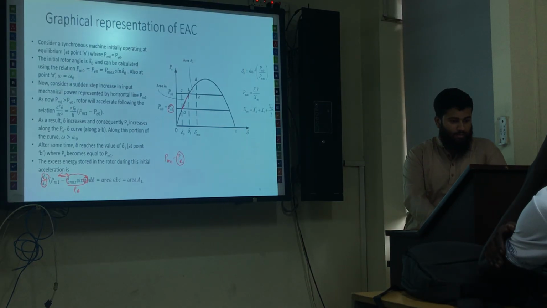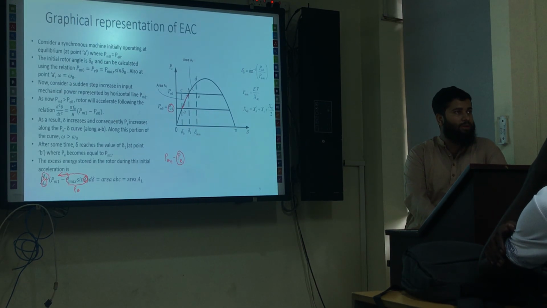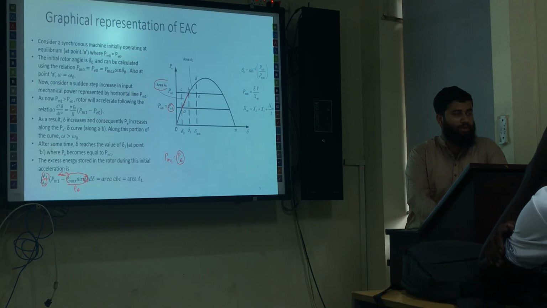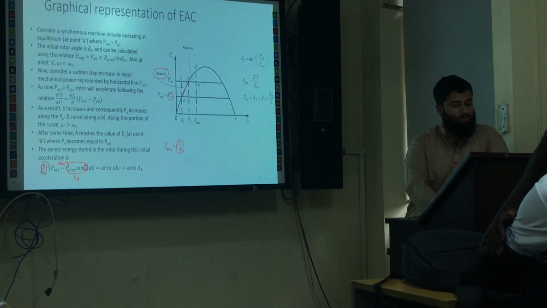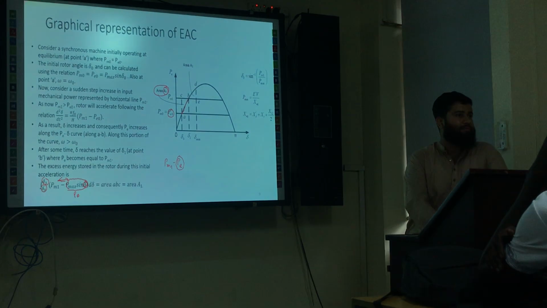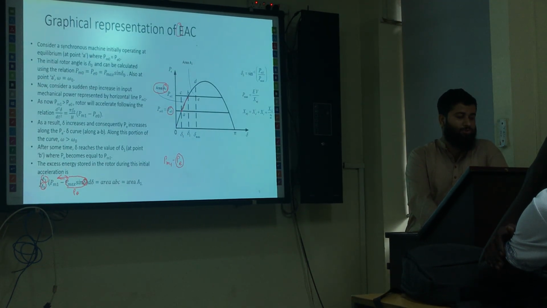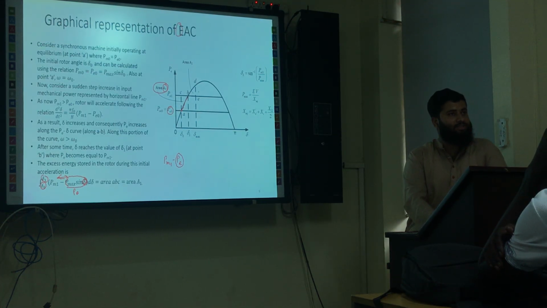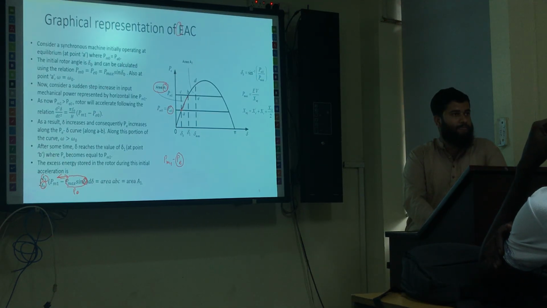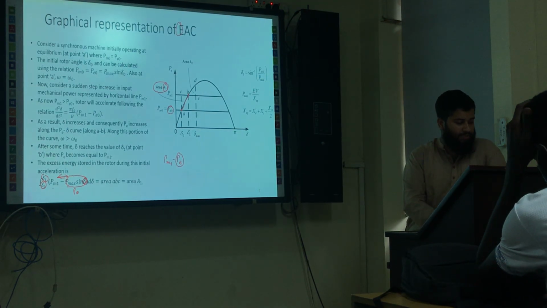Okay, do you have any confusion up to now? So this is your area 1. Now, in the next journey, we will find another area, and that area will be equal to area A1. That's why it is called the equal area criterion. But we will not go on that journey today. Inshallah, in the next class we will see the next journey. So in today's class we have covered up to point A2, and from this we can indicate the difference